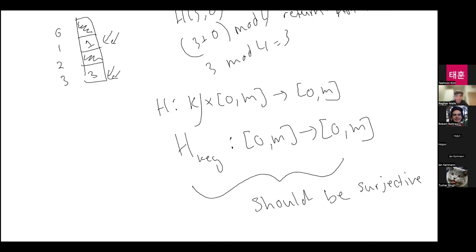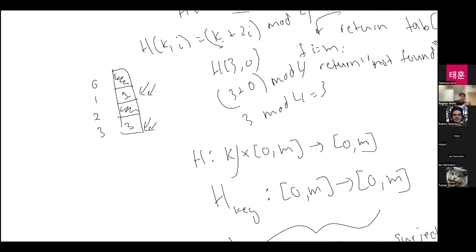In other words, for any given key, the probe sequence should visit every possible value, or every possible slot in the table, right?